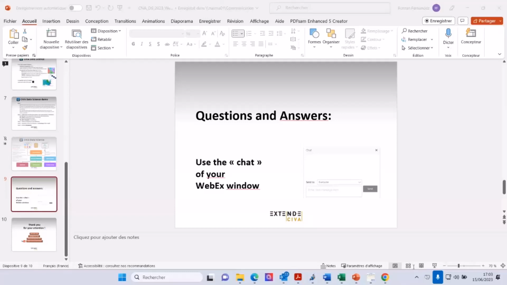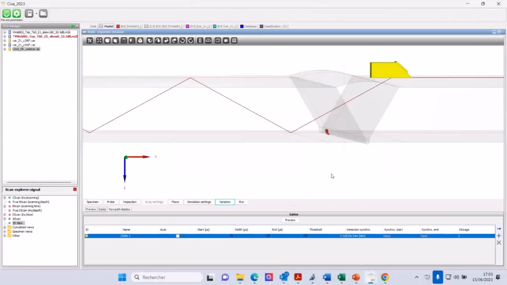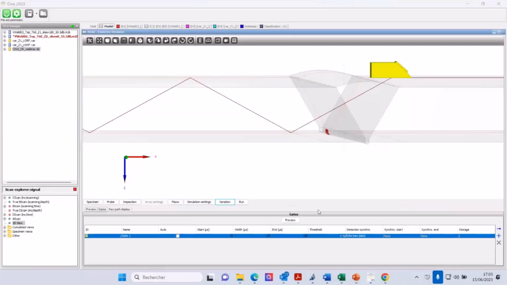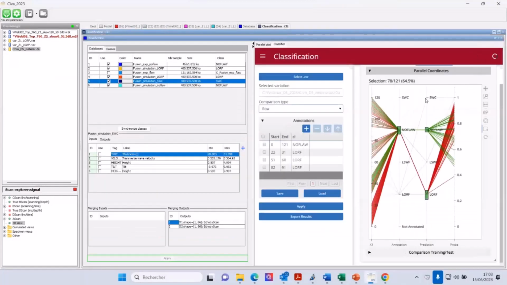There is a question about what are the respective class scores. I'm not sure I understand, but if I just go back here, I'm just trying to have access to my CIVA. So here you have the score. You can have a look at the score in the evaluation. So you can have the score for the different results. So be careful, the score is not 22%.